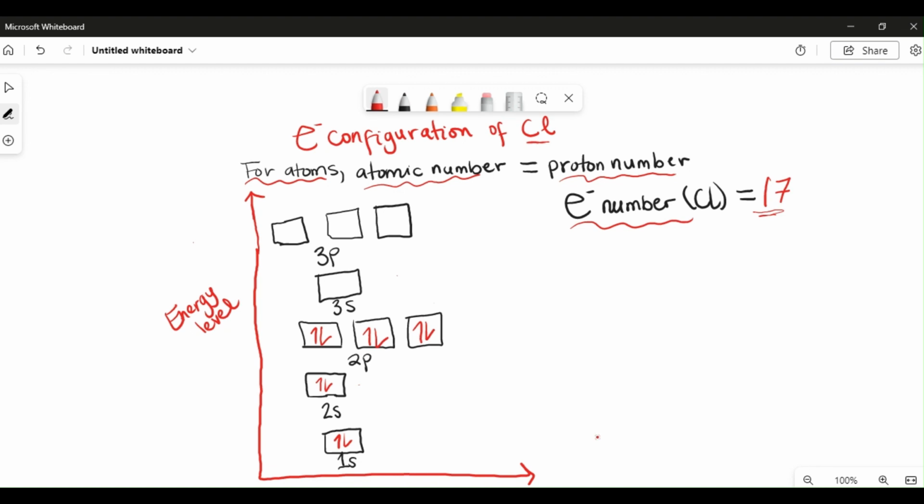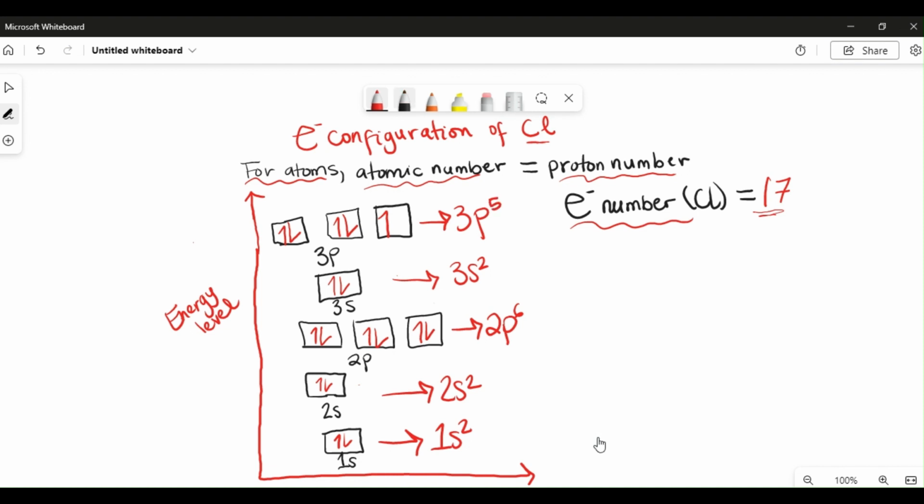So now we filled 10 of the 17, so we've got 7 left. So you have 11, 12, 13, 14, 15. We have two electrons left, so we're going to put 16, and 17. So what you have here is 1s2, 2s2, 2p6, 3s2, and then you've got